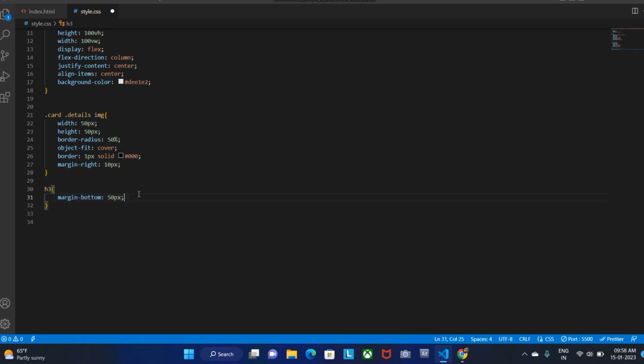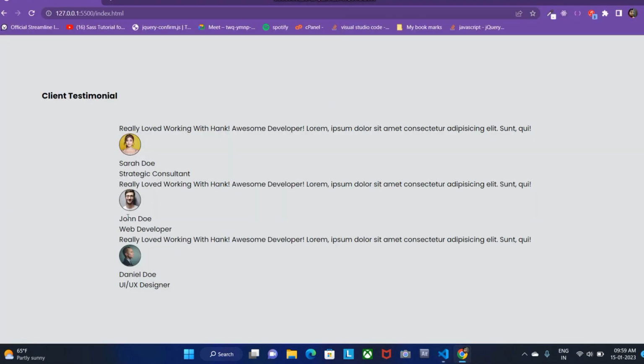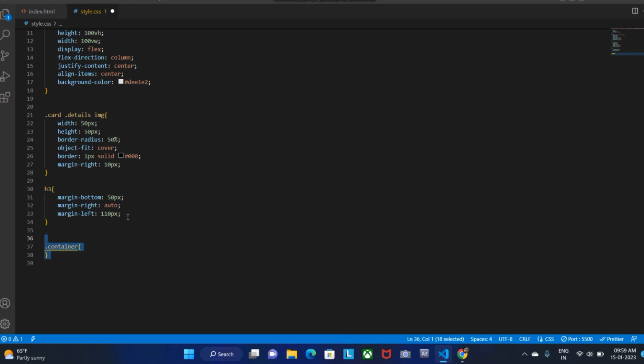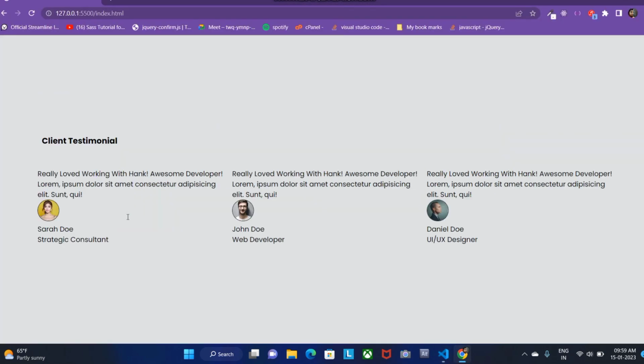We're going to give it margin bottom, margin right as auto so that it is left aligned, and then we also would add a bit of margin on the left which is 110 pixels. Now when I save, you can see this is how it looks. Now we're going to target the container. We're going to give it max width, and then we're going to add display flex and add a gap of 20 pixels, padding inline, that is left and right, to 100 pixels, and when I save, this is how they